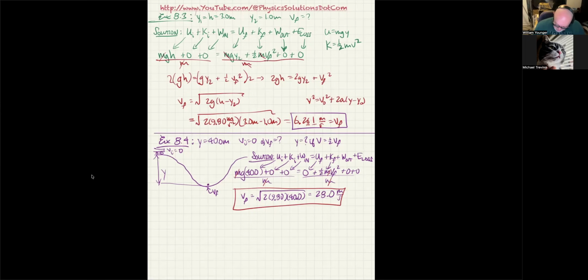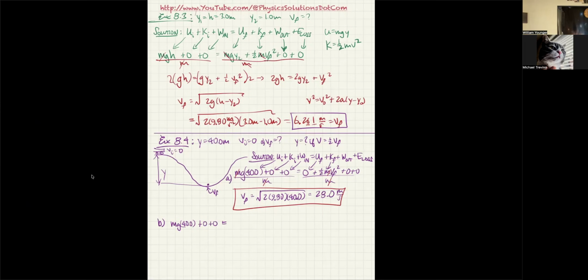Now, what we'd like to know is the height at which it will have half that speed. That was all part A, by the way. So for part B, we're still going to say Ui plus Ki equals Uf plus Kf. So I'm going to get m times g times 40.0 plus 0 plus 0